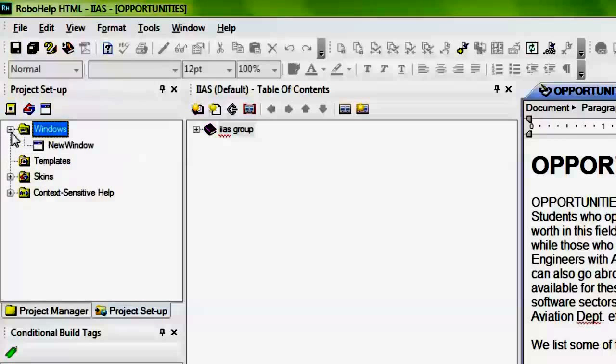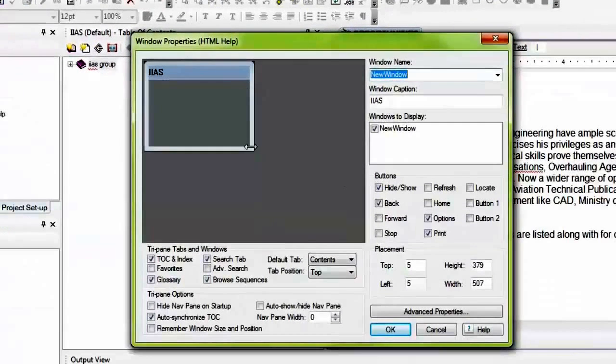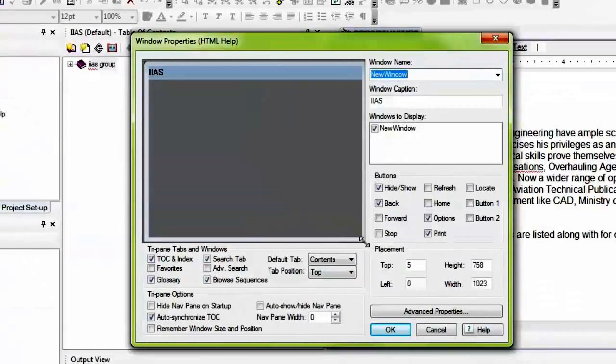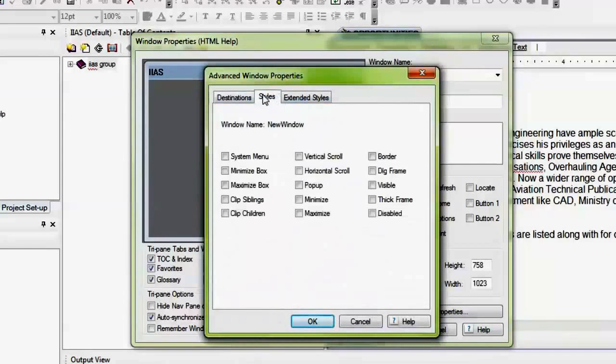A new window option is present. Here you can select the size of your HTML help file. You can add some favorites, glossary. You can change the number of tabs that appear. You can add some forward, stop, refresh buttons. You can change the style of your output.